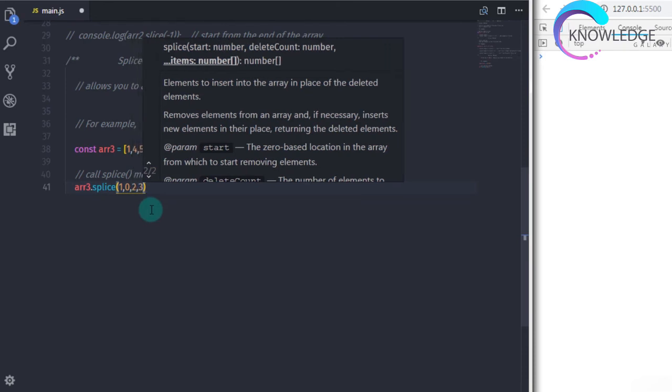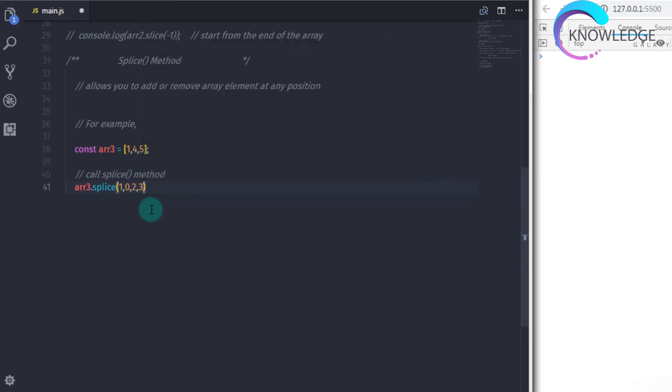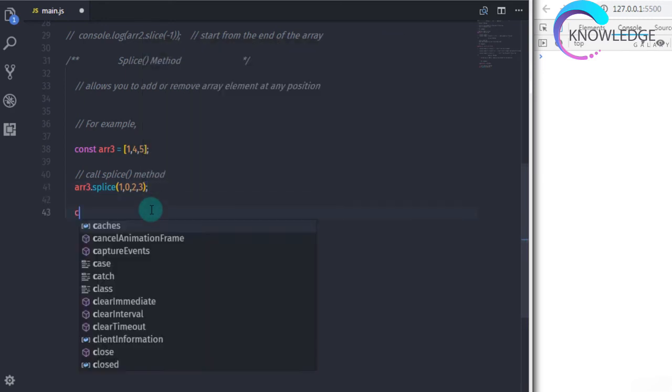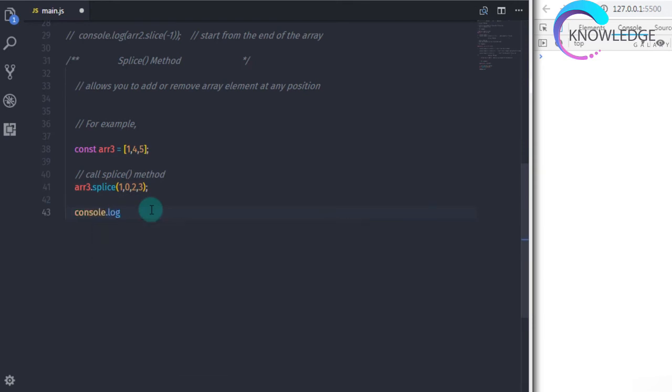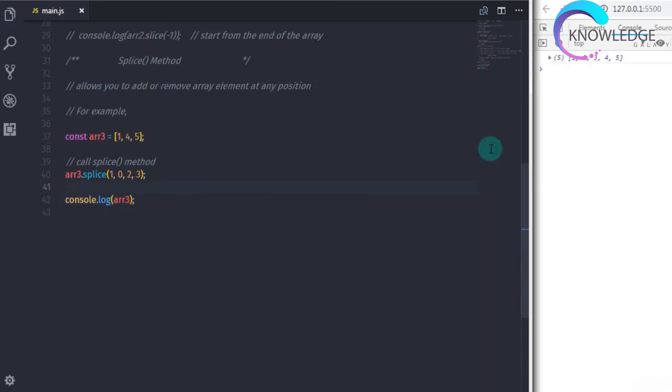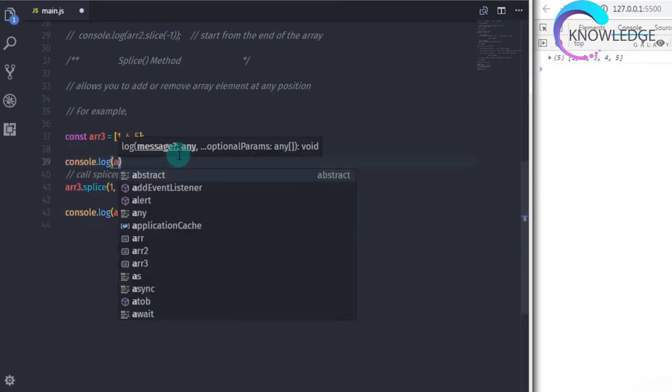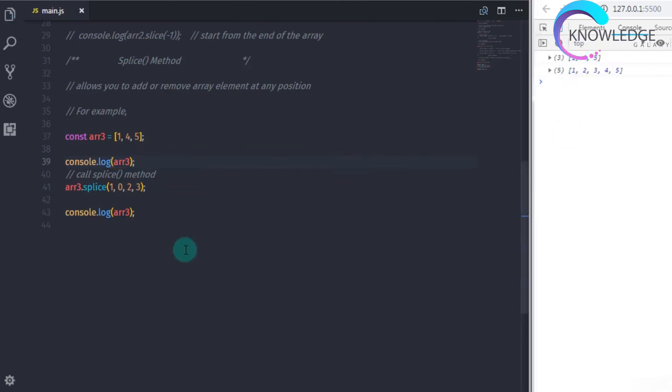So I will say 2, 3, right? And just after that, I will just print this array on the console. So when you execute this, you will get 1, 2, 3, 4, 5 on the console. So you can see here, I just added 2 and 3 element just after the first index,